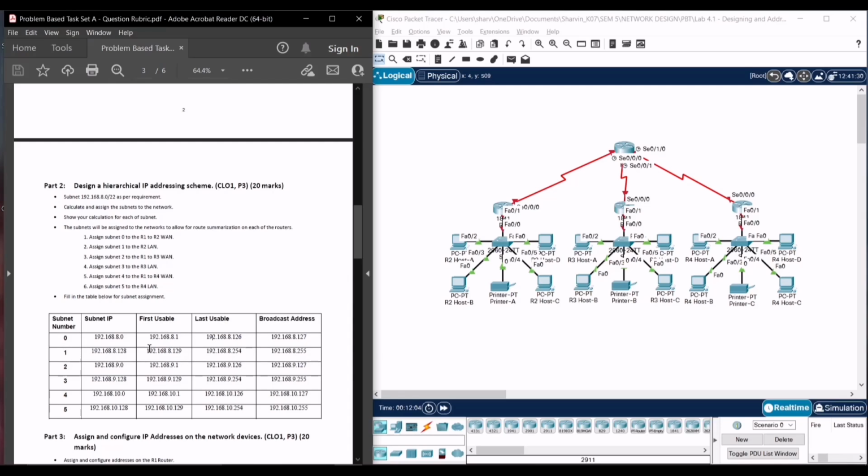Other than that, all the IP addresses are usable IP addresses, except the network address and the broadcast address. So the network address plus 1 will be the first usable IP address. The network address of subnet number 1, minus 1, will be the broadcast address for subnet 0,